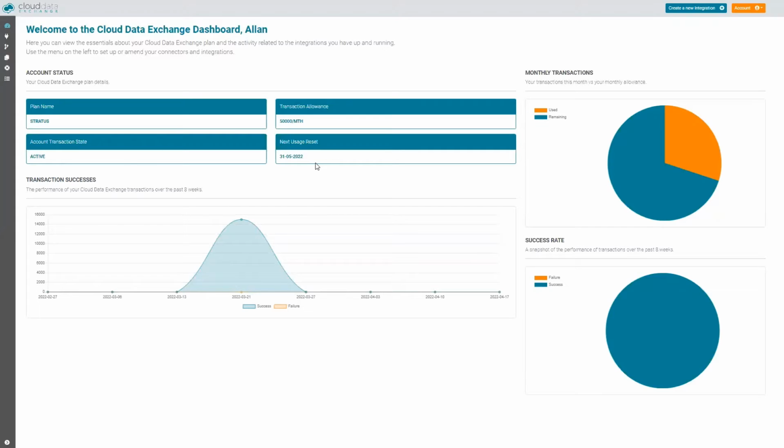A transaction is when an order comes off, say, an e-commerce website and hits Sage. If we're creating a customer from the website, that would also be a transaction. Going back to orders, it's not the lines on the order. Each order, no matter how many lines are on the order, is one transaction.